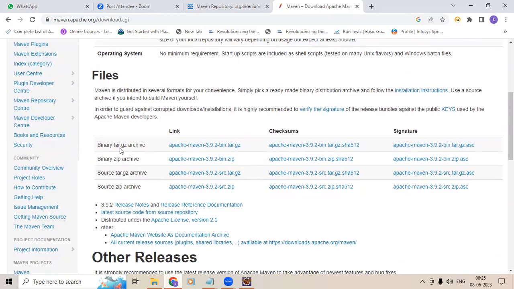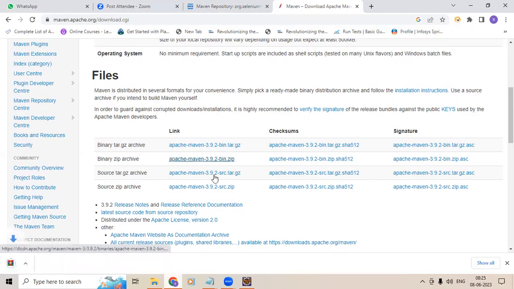So here what we need to do is, a binary tar file is there. This is the bin.zip file. You need to click on this one, and it will download. It will be around 9 MB. So once it is downloaded,